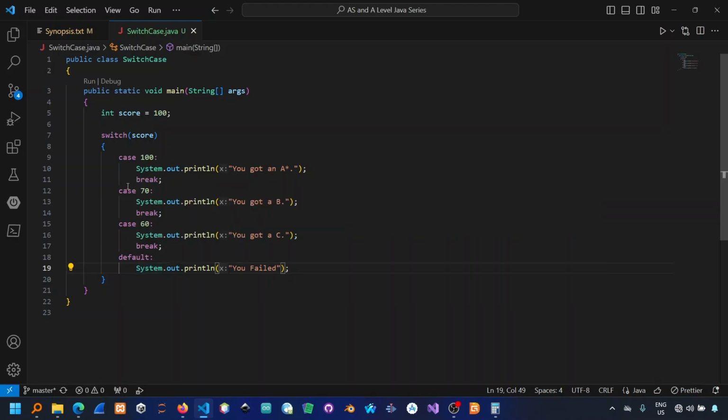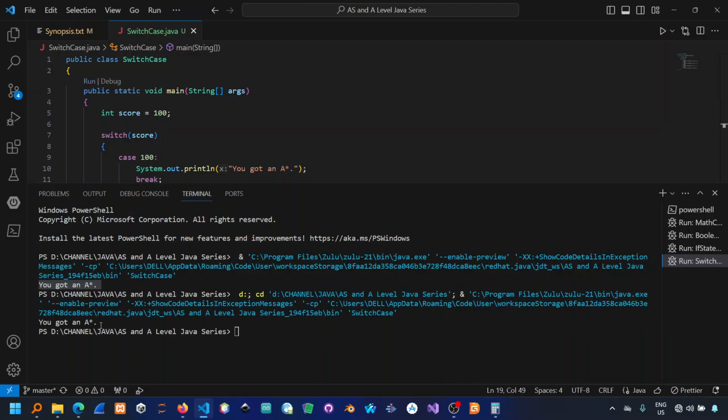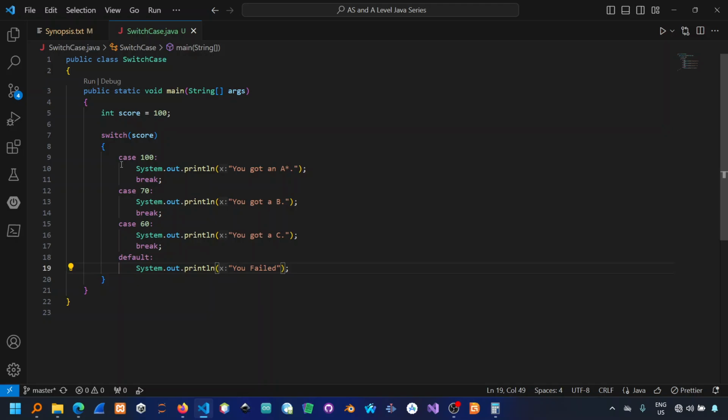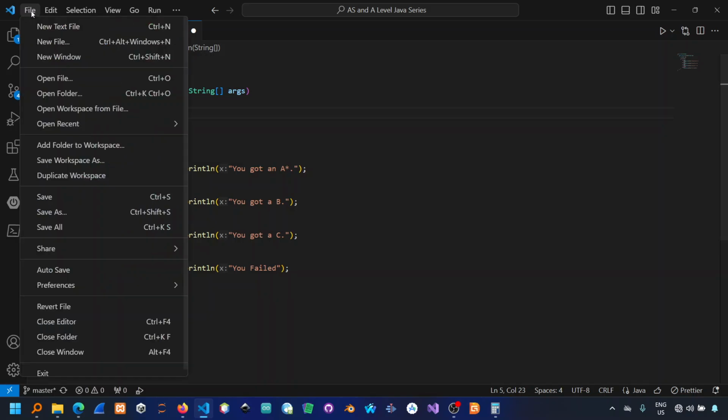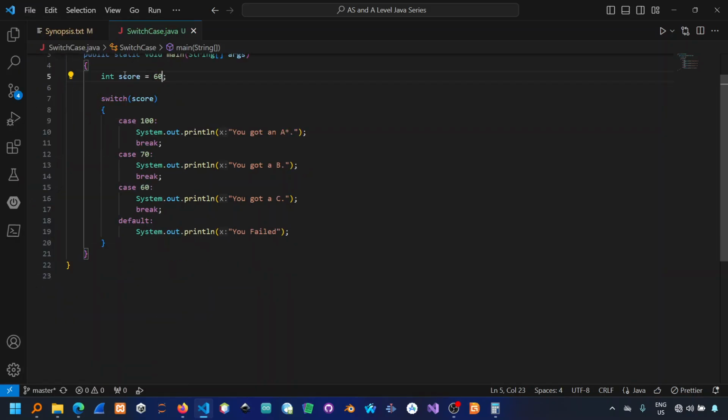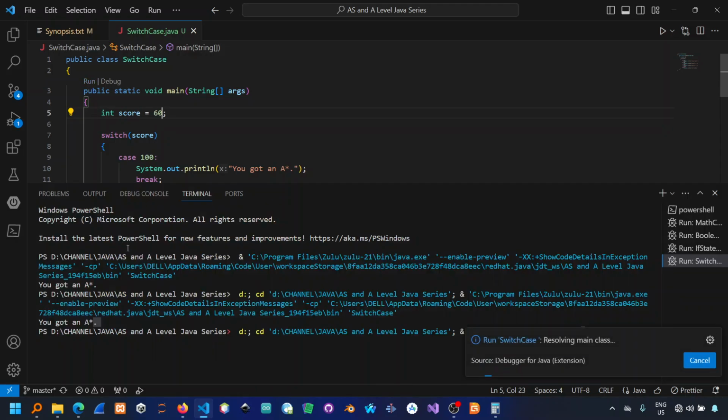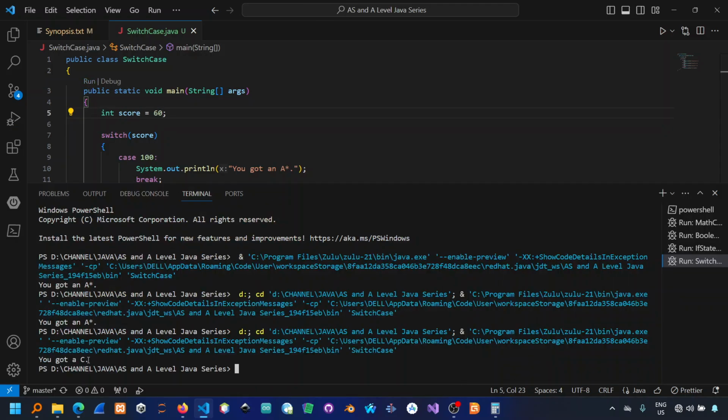So that's how a switch case statement works. Let me just run the code one more time, right? And you see that we are still getting an A star. Then maybe let me change the value of score from 100 to, say, 60, and I want you to notice what's going to happen. So if I run that, as you'd expect, you see that we are being told that we got a C